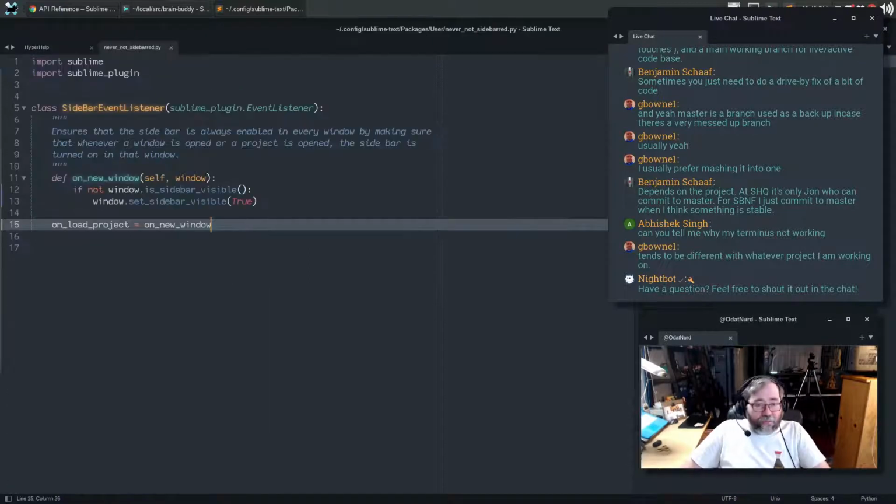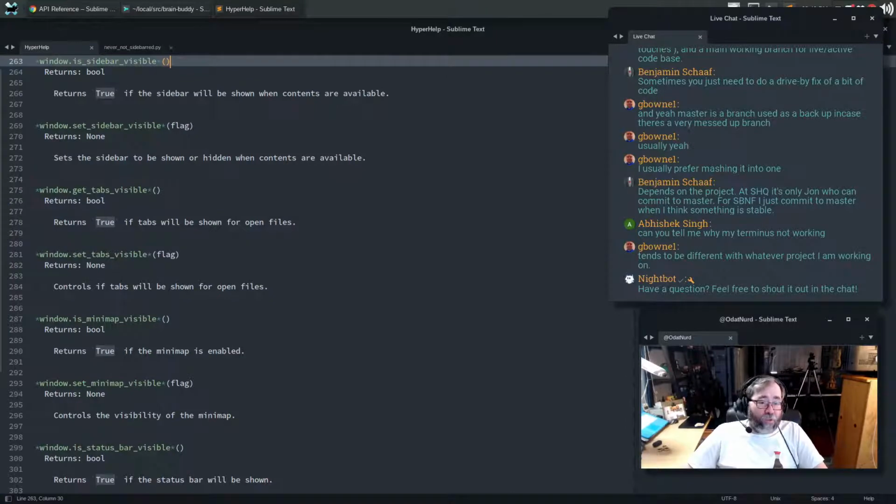That is pretty much it. I think those are the only two cases in which a window can appear: if you were to create a brand new one, or if you swap a project into the current one. The state of the sidebar is distinct per window. Any window that is global has it stored in the session. Anything that has a project is stored inside of the workspace for that particular project, or the workspace that's loaded in that particular window. Anyway, I think this would resolve the problem.